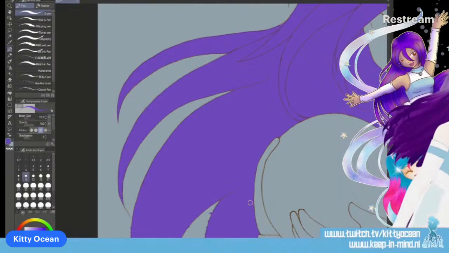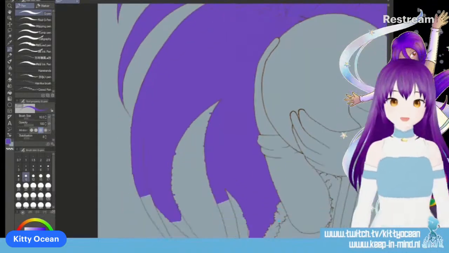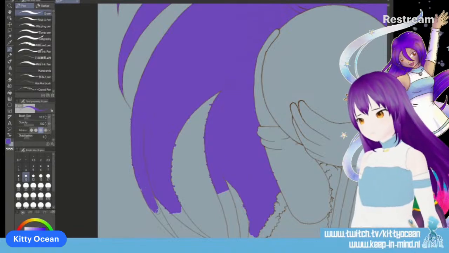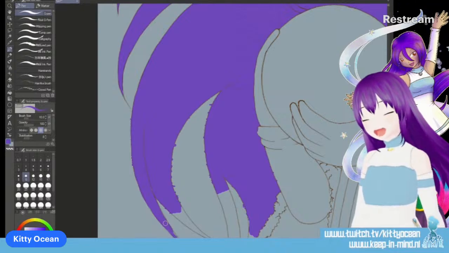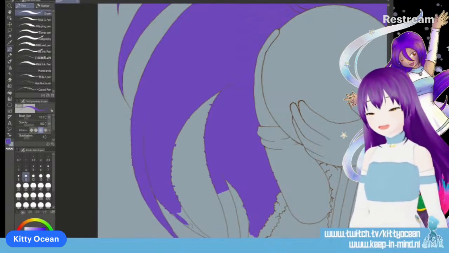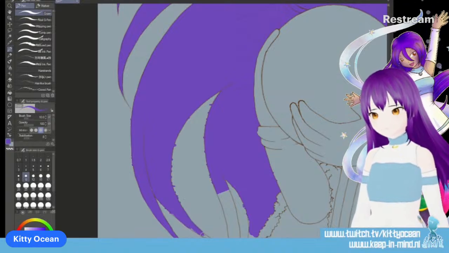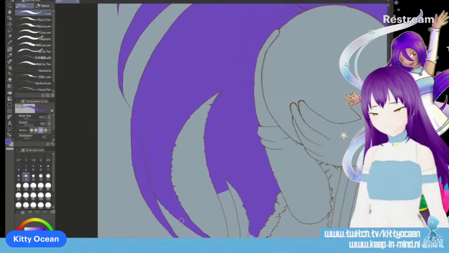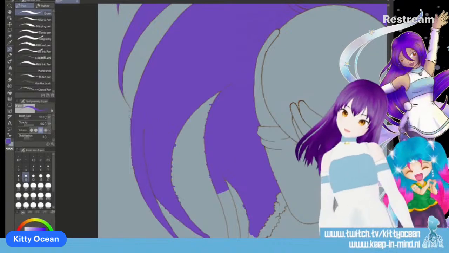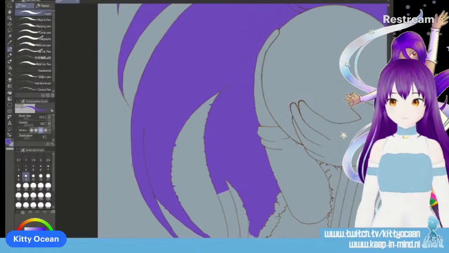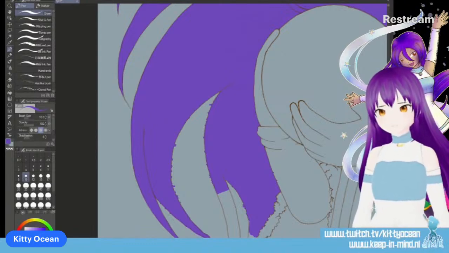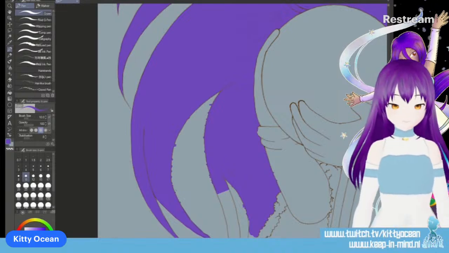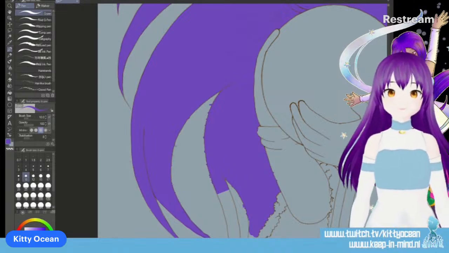The goal of today is to get at least the flats done of my art. Well, that should be doable. And maybe start with the hair, because that is what takes the longest. And my goal is to get about 8 1-hour streams out of this, so I can upload those instead of the at speed streams.